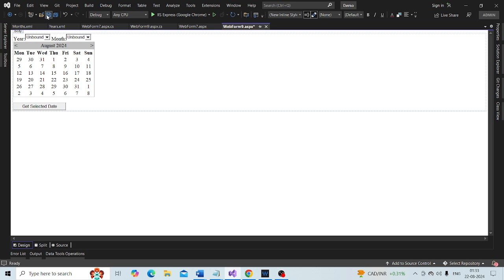Save the changes and run it once again. You need to close all of the previous browsers. You should see both the years and months populated from those respective XML files.